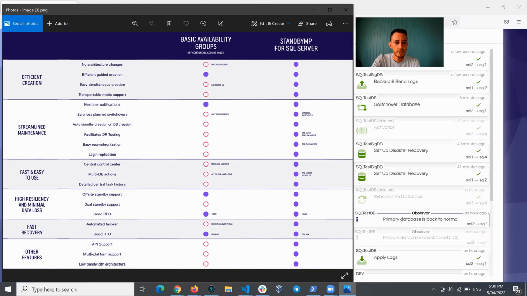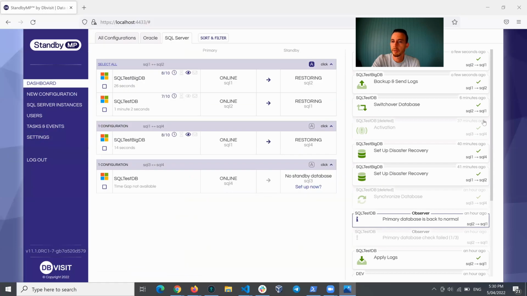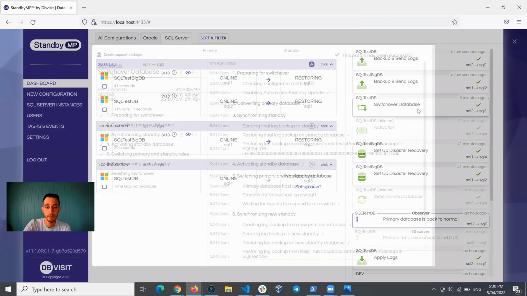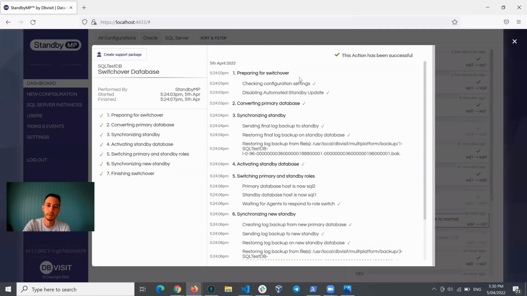What have we got? Detailed central task history. So everything done through our software is always recorded in what we refer to as a task, and that's what you see on this timeline on the right-hand side. At any point, if you wish to get information into exactly what was done, you can find the relevant task. Just click on it, and it will tell you in a very detailed format exactly what was done,